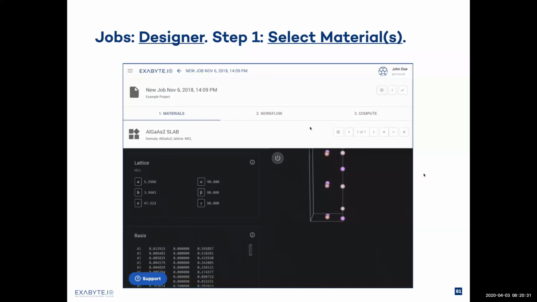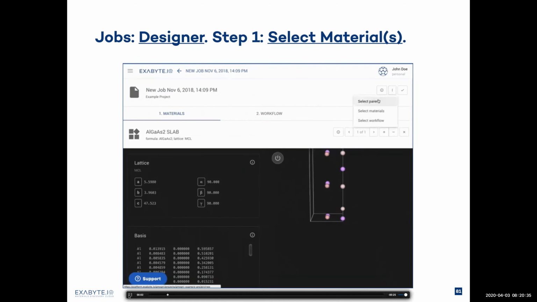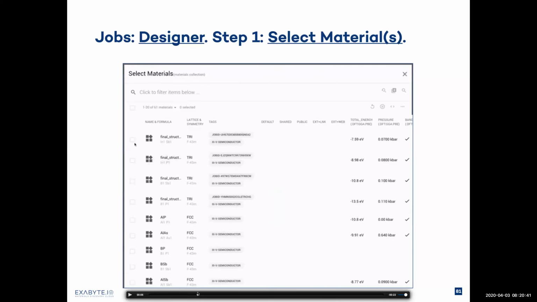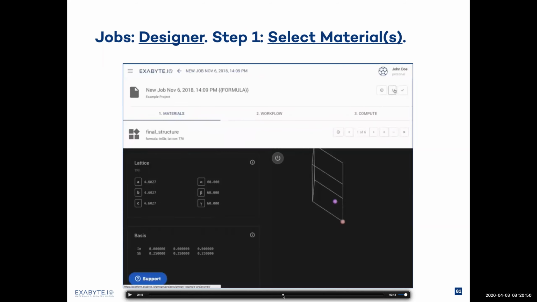The first step in creating the job is to select materials. And here's how we can do that. We click on the drop-down in the header, and then we click on select materials. And we can select one or multiple entries. In this case, I'm selecting 6 entries, and all of these 6 materials will be available inside the job